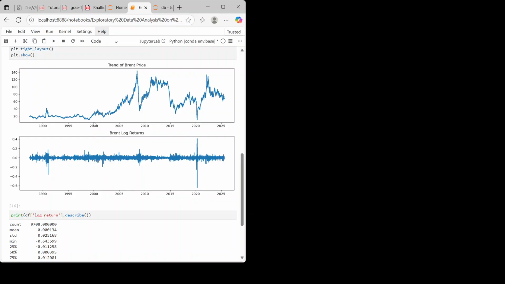Now, from this 2000 here, we can see that the prices started rising. It rose, fell a little, became a bit stable, rose again, fell gradually, and then started rising all over again. So between this 2000 and this side, this will be somewhere 2009, 2008. So 2008, we all remember there was this